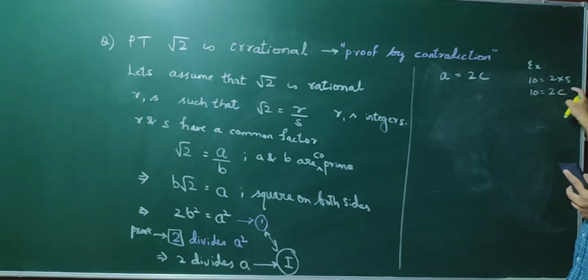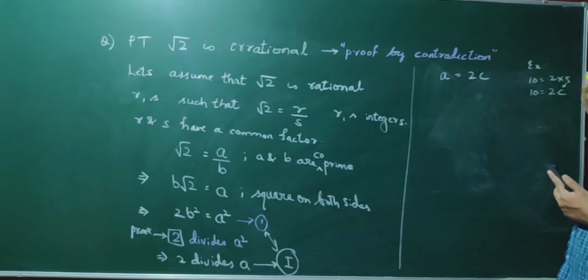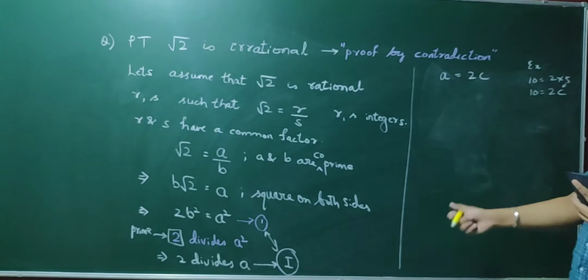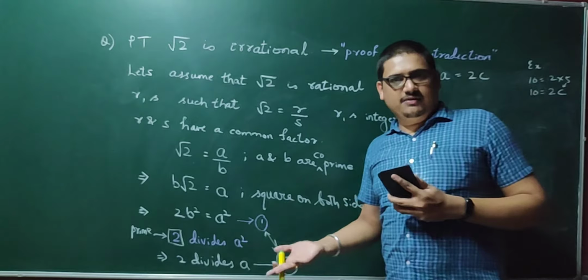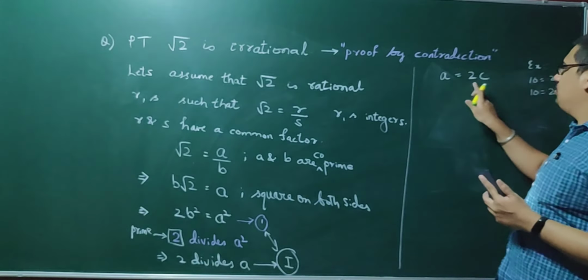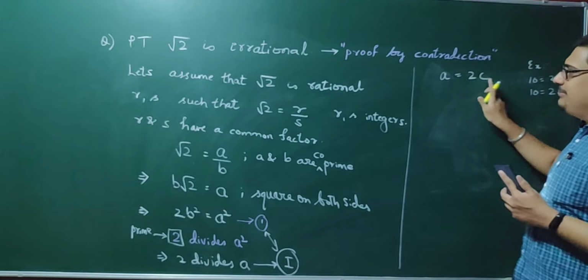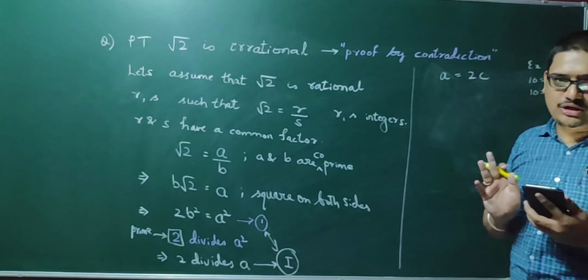So I need not worry on this. So I have replaced 5 as C. So in this case also, since 2 divides A, since we don't know what number A is, I can simply say A is equal to 2C. 2 is one prime and C can be expressed in other primes also.